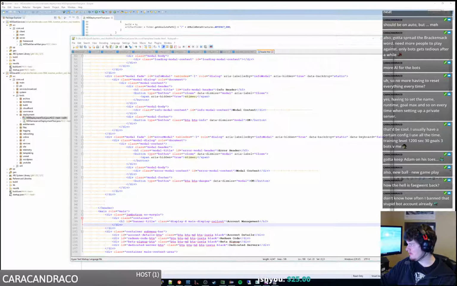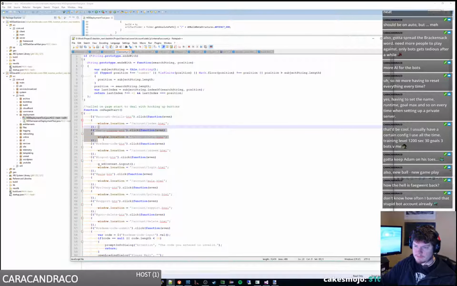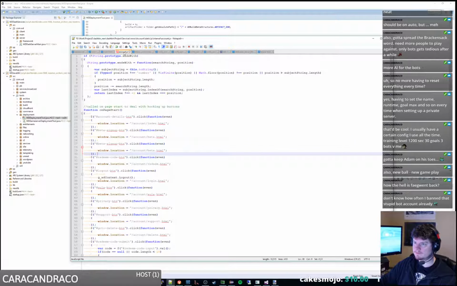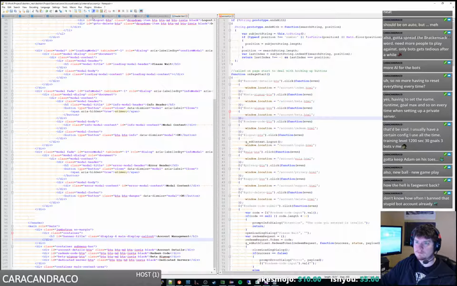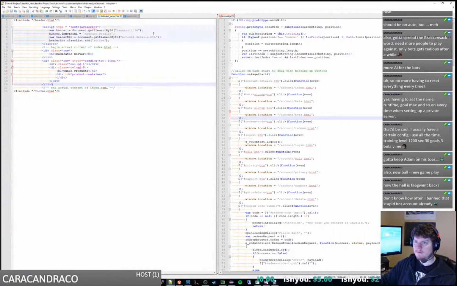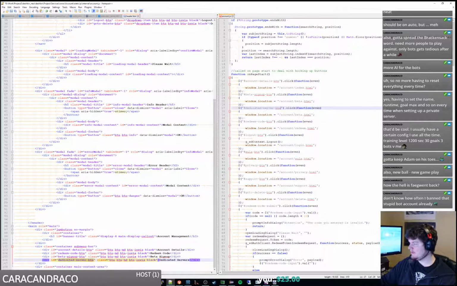And we need to go to our JavaScript and actually hook up the navigation for that. Alright, so that is our dedicated server button. And the name of our page is